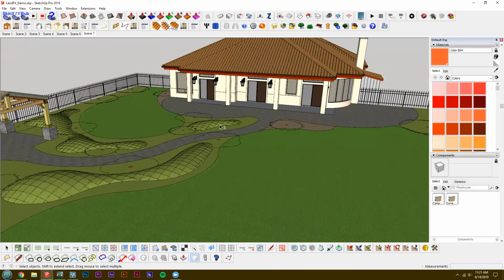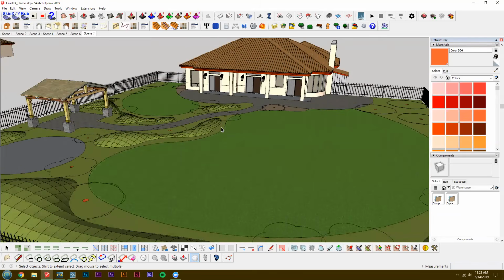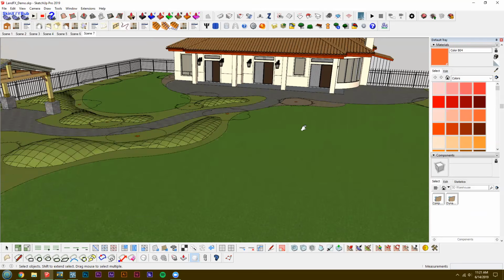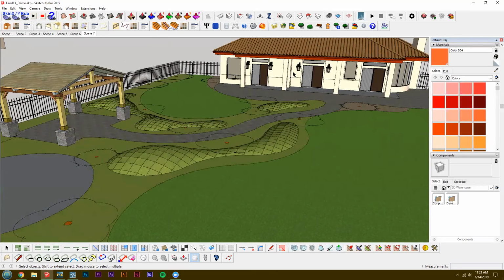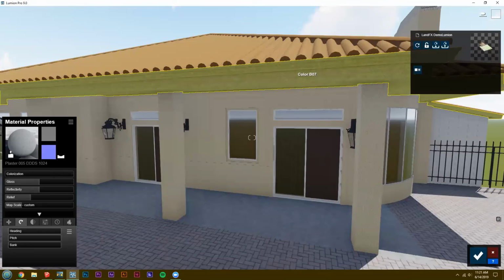So I'll bring it into a separate file and clean it up. If there's anything that I don't need from a model, or if it grouped like 10 times within itself, then I'll clean that all up before I bring it into Lumion,